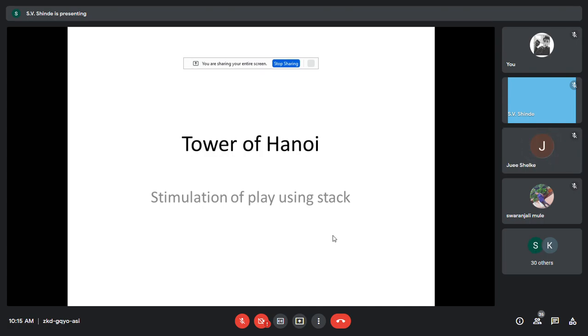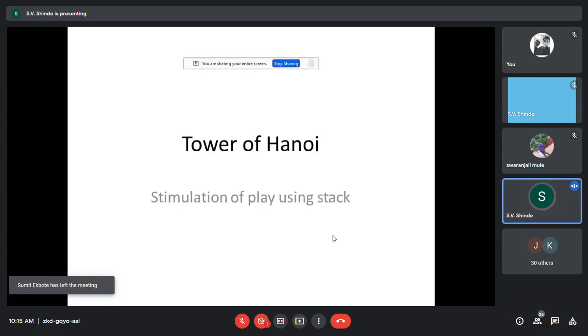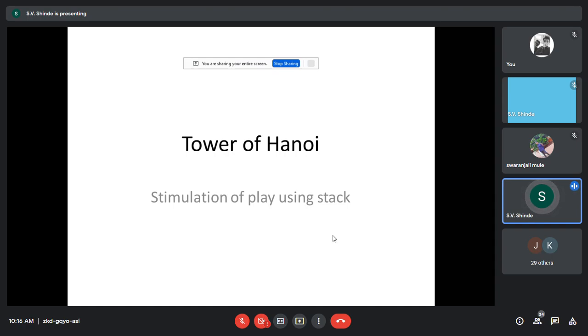Now, as far as Unit 5 is concerned, it is a very interesting topic, that is stack. When we define stack, we should assume that it is the reverse of queue. It's a pictorial representation. If you enter last in the queue, you will exit first from the queue. This kind of data structure, which is called LIFO, that is last in first out, is termed as stack.